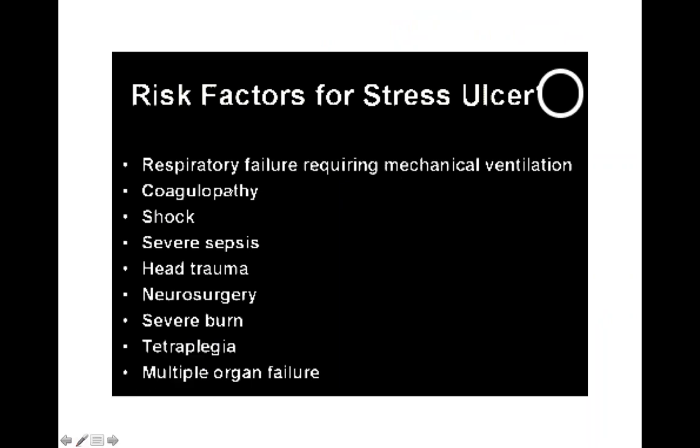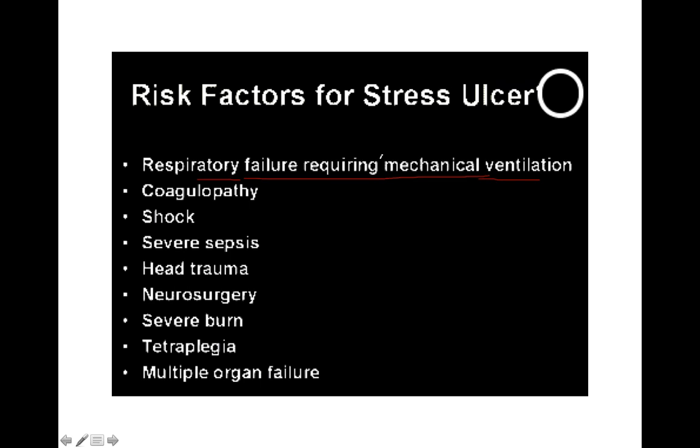Mechanical ventilation for more than 48 hours can also lead to pneumonia. It is a risk factor for pneumonia, because the patient can aspirate, causing aspiration pneumonia. Other risk factors also exist, but this is the main risk factor. If you are asked whether the patient is in ICU, or has severe burns, or has paraplegia, which of these patients require the prophylaxis? All of these patients require prophylaxis against stress ulcers.